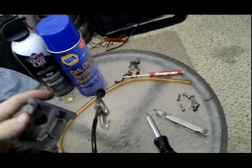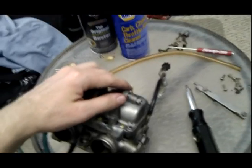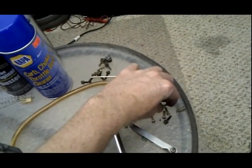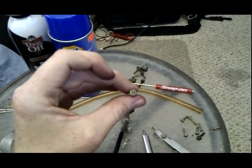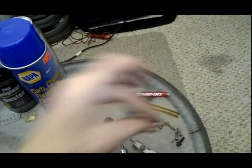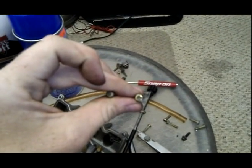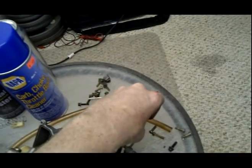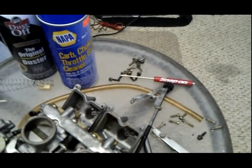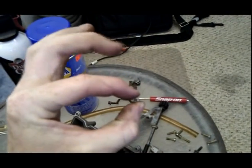Okay, these have been worked on. Oh yeah, that's right, I gotta show you guys. It's not uncommon to find carburetors that have been worked on before, and you see stuff like this. You see the head of this screw? It's not supposed to be a square. It's supposed to be Phillips. There were four of these like that, so it's supposed to look like this, regular Phillips. What I had to do was take some pliers and really squeeze and clamp them down on the side of the head, just like I would grab it with my thumbs, and I just